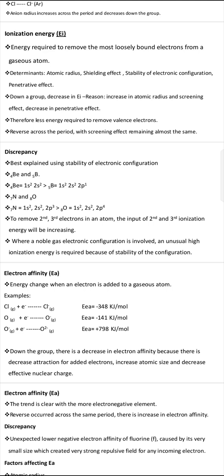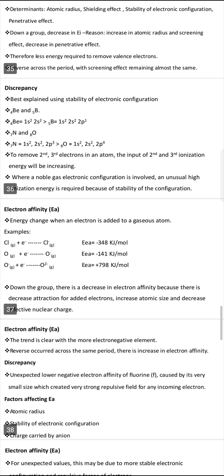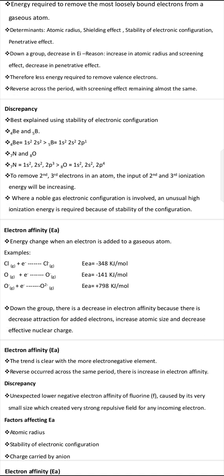So ionization energy decreases down the group because as you go down the group, atomic radius will increase, and screening effect also increases, and it decreases the penetrative effect as well. But across the period, ionization energy what? Decreases, sorry, increases. So down the group, ionization energy decreases. Across the period, ionization energy what? So the reason why we are saying that